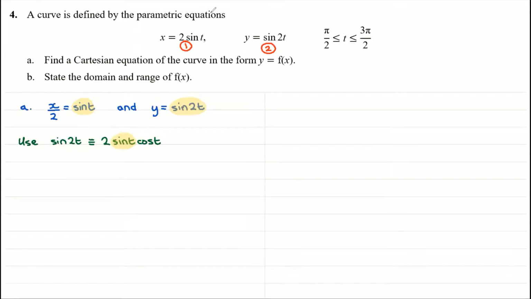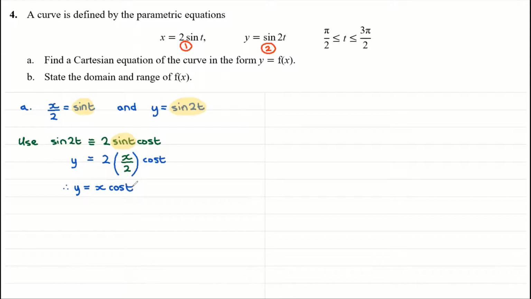So y is going to equal 2 lots of, now the sine t will be replaced by the x over 2. So I'll just put that in. Good news is we get the 2's cancelling out, multiplied by the cosine of t. So therefore, just to finish off this little bit, y is going to equal x cos